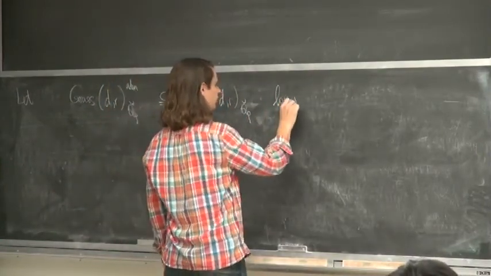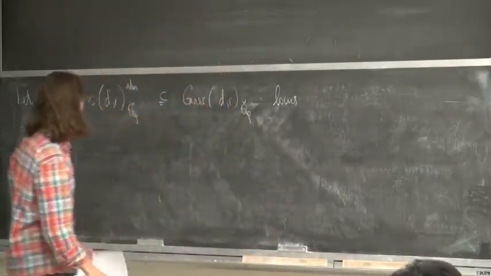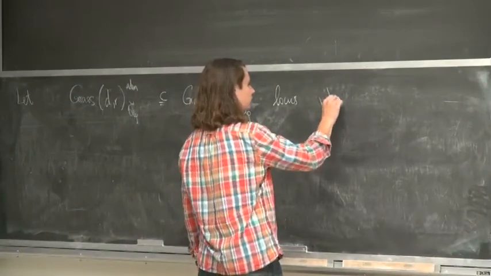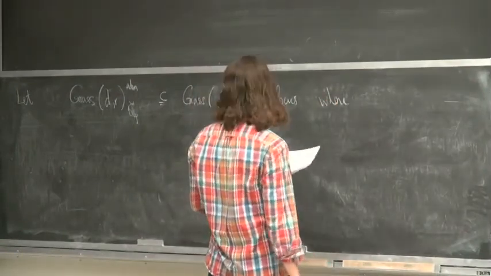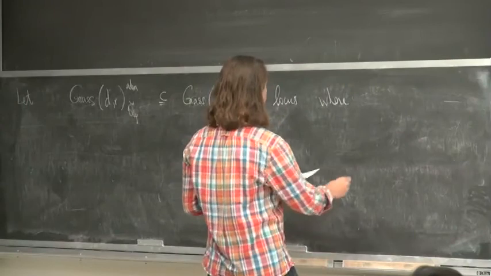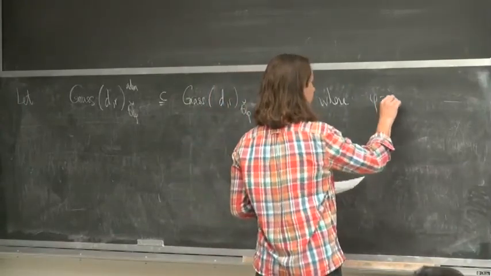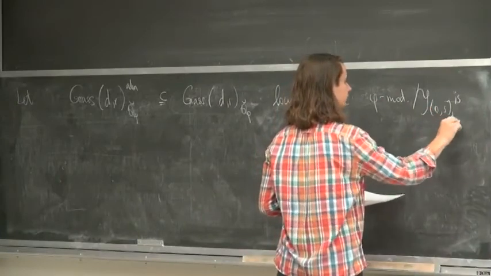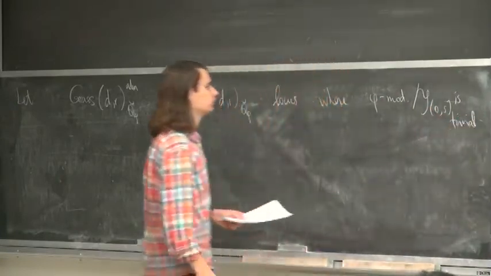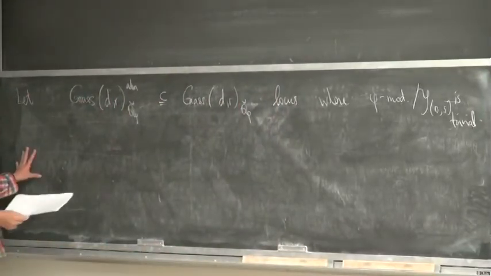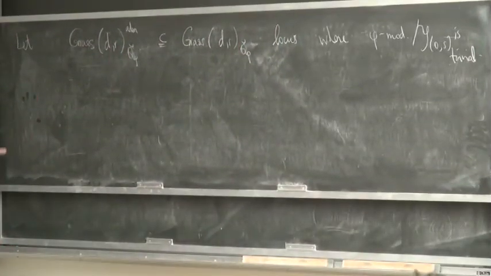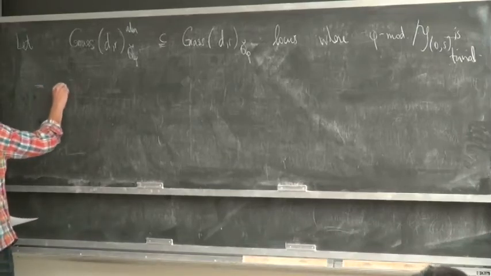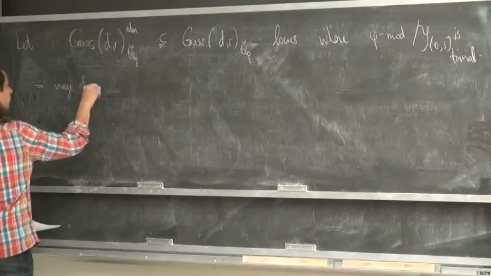This locus, maybe a priori just a set of points, where is this phi module over y0s? It's trivial. Constructed in that way there. And so this is the image